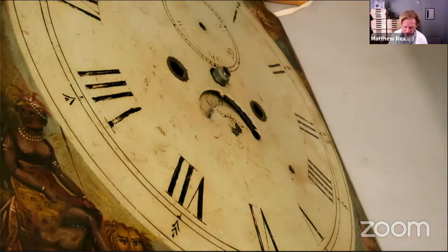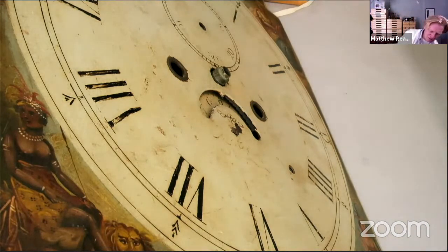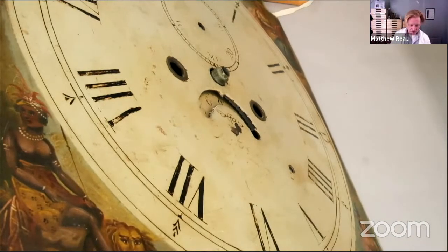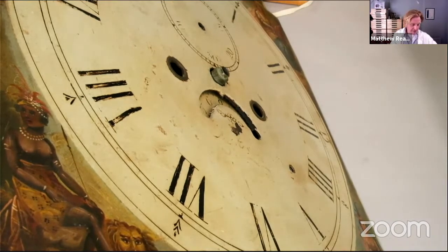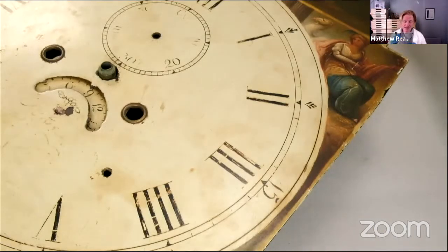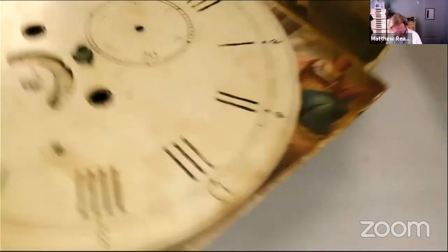But of course, if it gets to be a lot, then we've got some play in that hour wheel bridge, which I've already sort of abused a little bit. So let's put our dial away safely. I'm not quite sure whether that exercise, if we can call it an exercise, was worth it, but it's kind of a nice idea to check